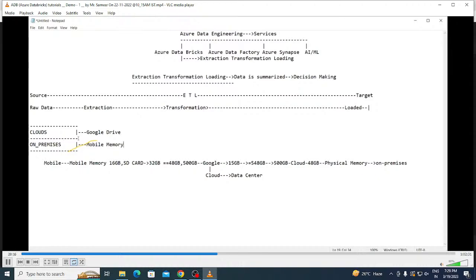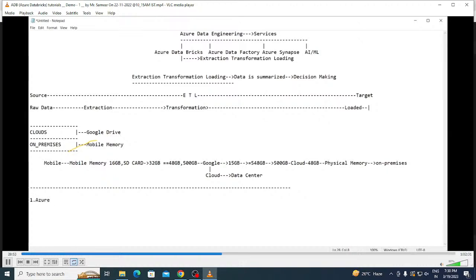So now, guys, as individuals, we still want to save the data, and we still want to move it from the physical memory to Google Drive memory. In the same way, many corporates are planning to move, or are moving, from physical data to cloud data. For that, many cloud providers have come out to provide support. So the following are the cloud providers we have.